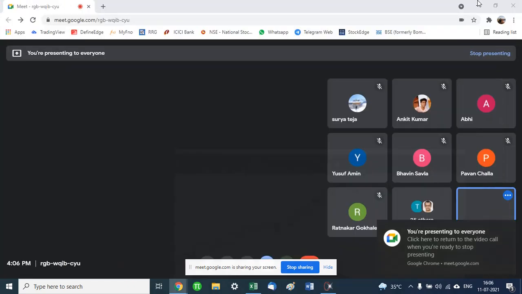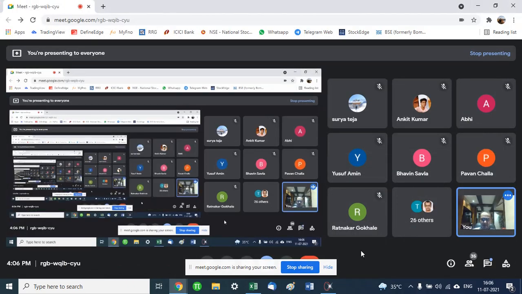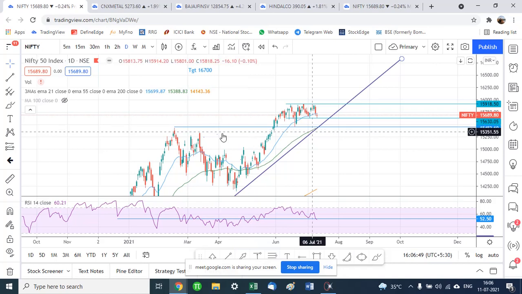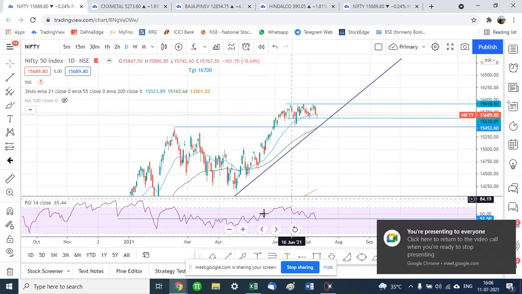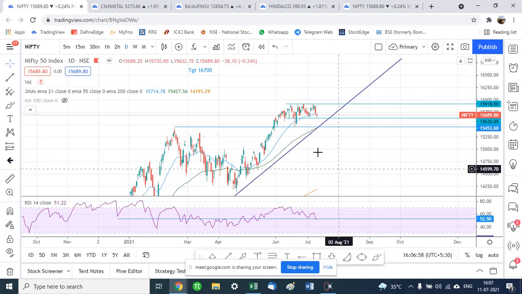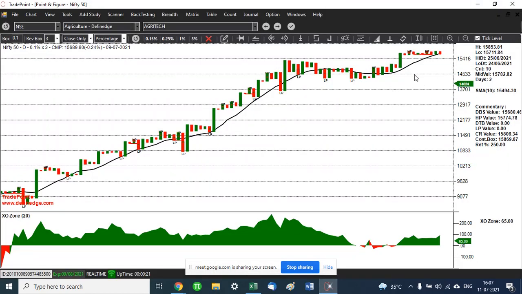As Prashant had mentioned in his webinar, here we don't have a concept of time on the horizontal axis as we normally do. If we look at the candlestick chart on TradingView, we have the time plotted on the horizontal axis and prices on the vertical axis. So in point and figure charts, we don't really have a concept of time. It is as per box values. Generally speaking, we may consider 0.25% box value to be equivalent of daily, 1% box value to be equivalent of weekly, and 3% box value to be equivalent of monthly.